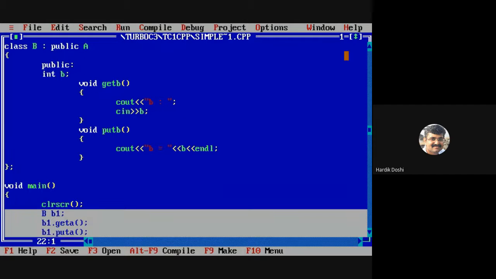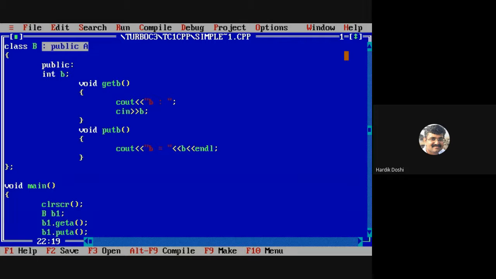Why? Due to only this statement. If this had not been done, then we would not be able to access the members of A class using the object of B class. Is it fine? But there was one assumption, or I can say a change made in the program.